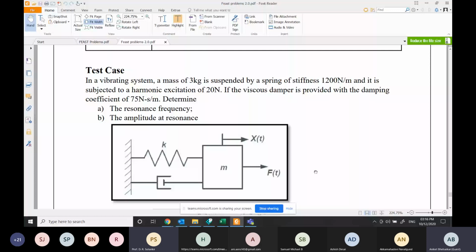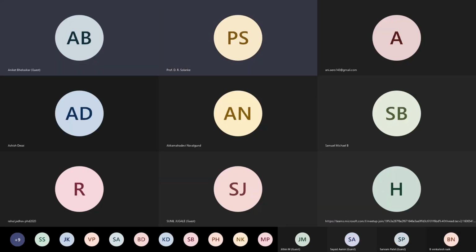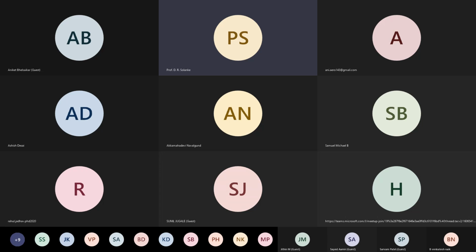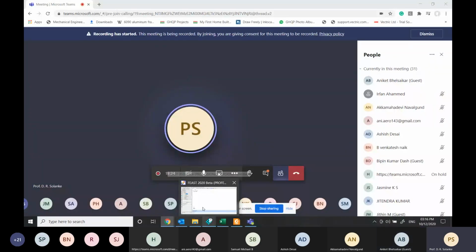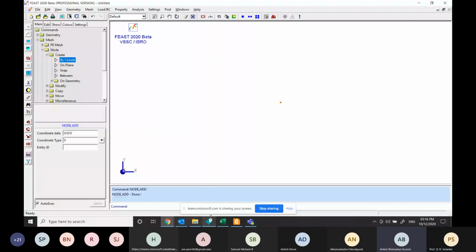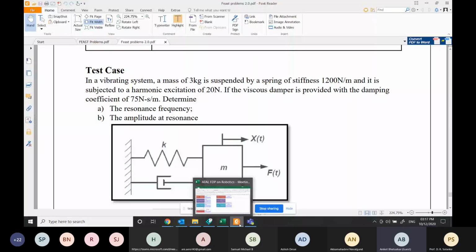Sir, your screen is not visible. Okay, no issues. I'll just stop my screen sharing and I'll share it again. Just a minute. We are able to see only the PDF. Now can you see the screen, please? No, the software screen is not visible, only the PDF screen is visible. Just a minute. Okay, now is it visible?